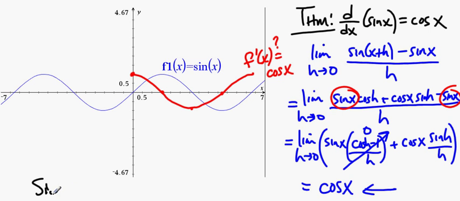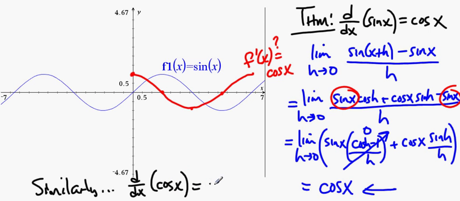Similarly, the derivative with respect to x of cosine x is the opposite of sine x. If you don't believe me, the slope of the tangent line here appears to be -1, but sine has a value of +1. We take the opposite of the sine of x. Well, and this enables us to do all sorts of random examples, like we're going to find f double prime